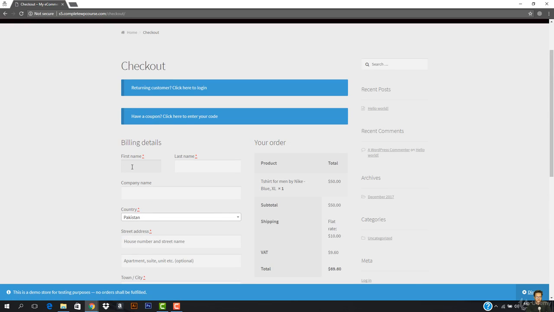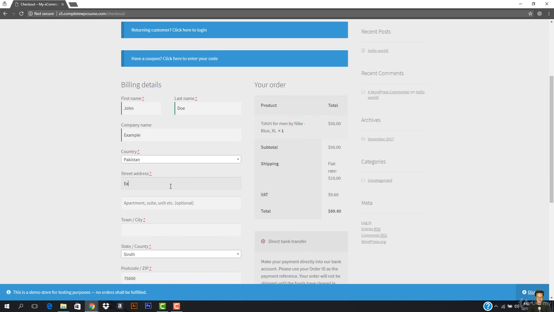So here I want to enter my first name. Let's suppose that the first name of this guy is John and the last name is Doe. This is the universal name that people use for testing purposes. Okay, and then his company is Example. Okay, his street address is Example House number 123,